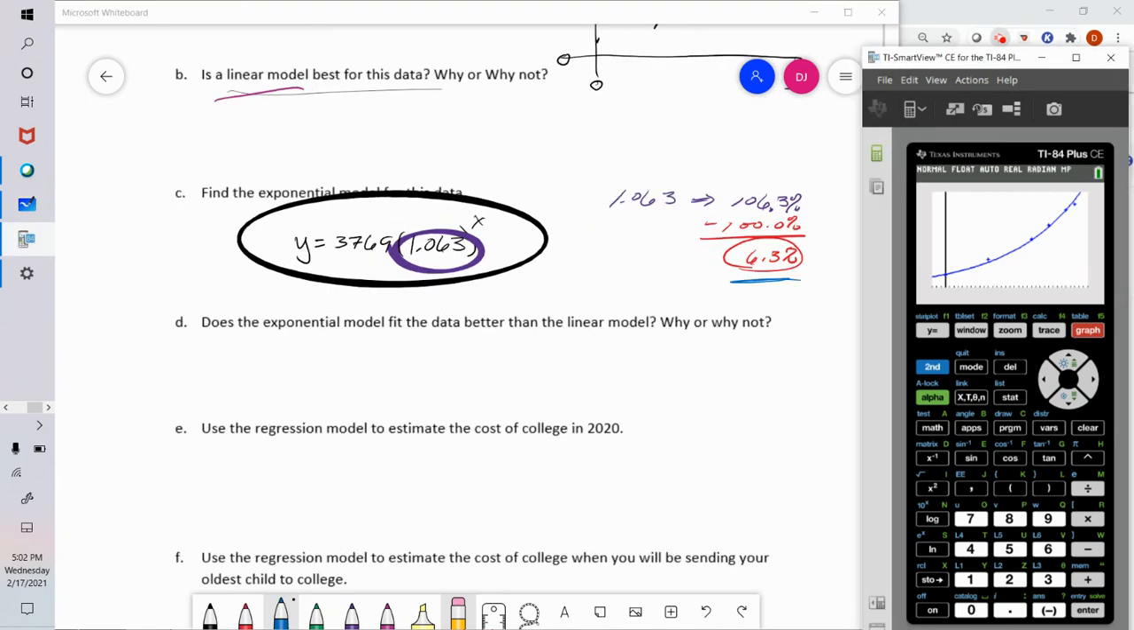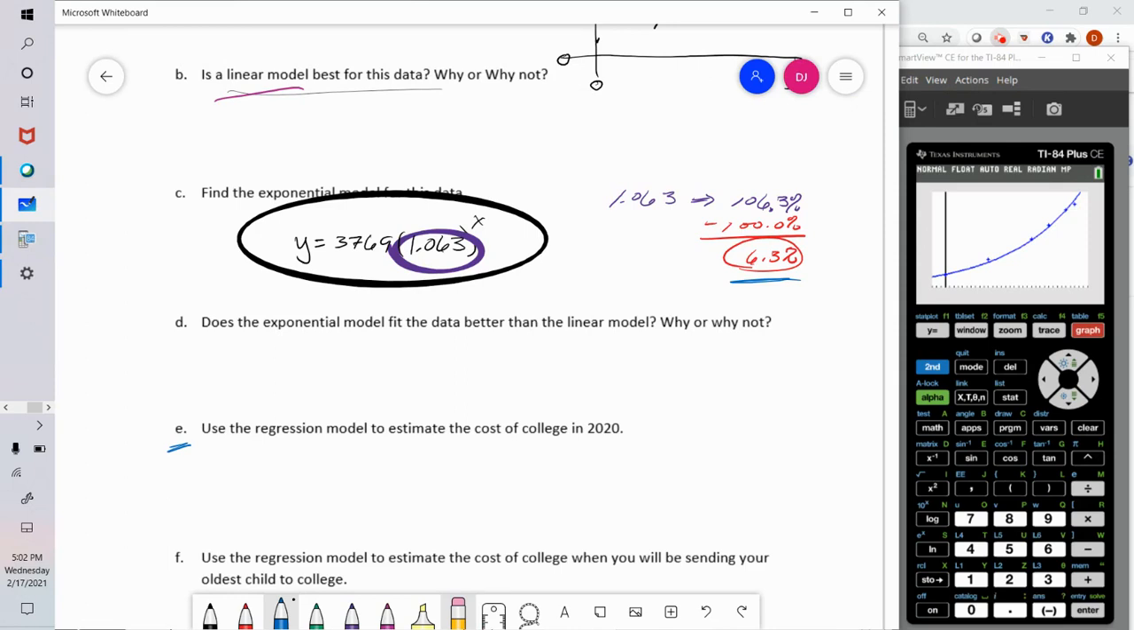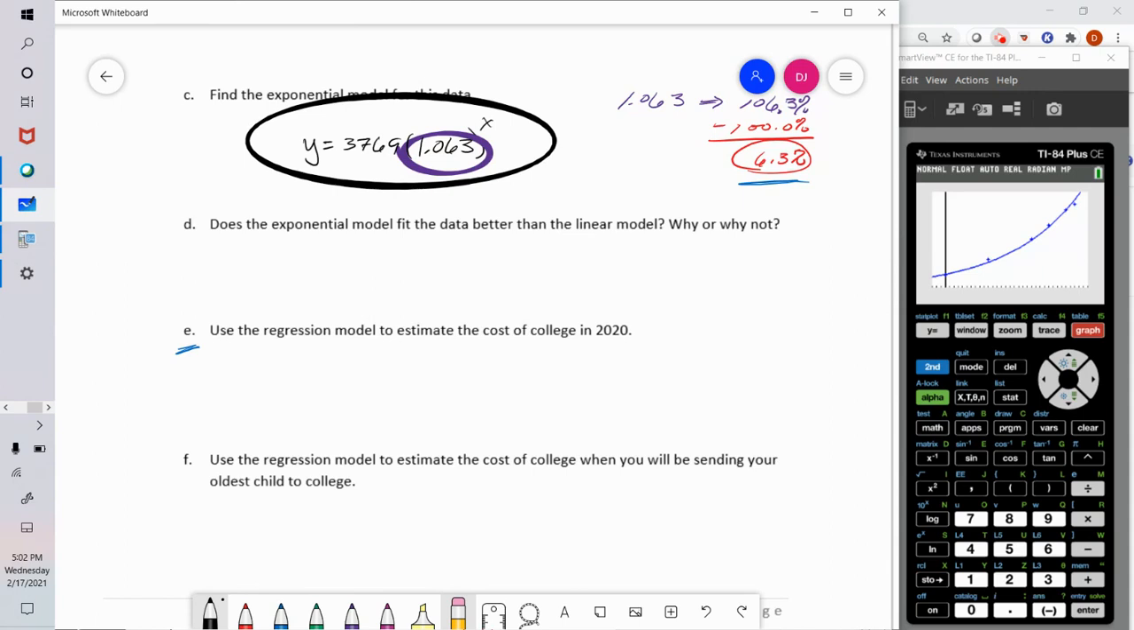Okay, so let's look at part E here, right? We're going to use the regression model to estimate the cost of college in 2020. First thing I'm going to do is rewrite my equation, since I circled it a bit up there. So 3769 times 1.063 to the x. Again, college has been increasing at approximately 6.3% per year. So if I want to use the regression model to estimate the cost of college in 2020, remember that t is equal to the number of years since 1980. And the year 2020 is 40 years after 1980. So if I want to find the prediction of the cost of college in 2020, and again, this is last year, y would equal 3769 times